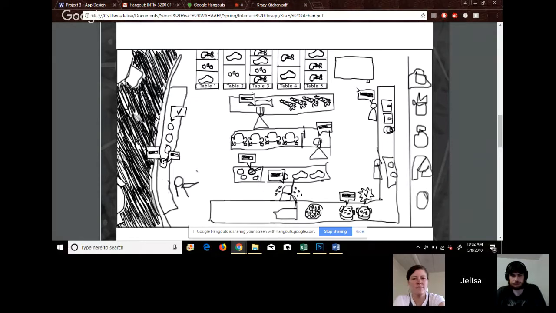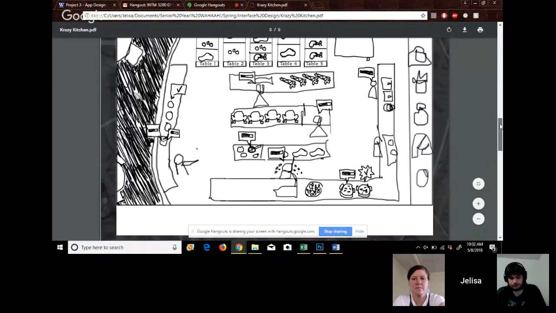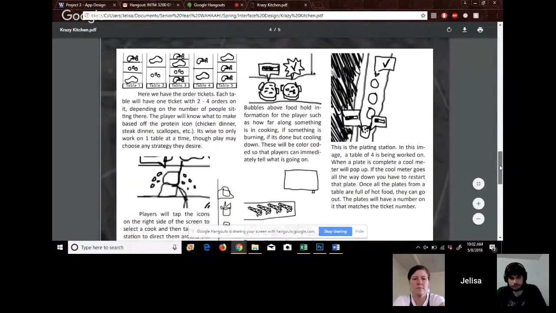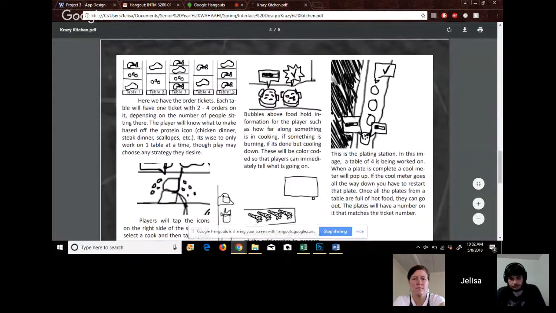And if one plate starts falling behind, they pull it all the way down and start over. I explained different areas of the layout: we have the ticket, and we have different areas.